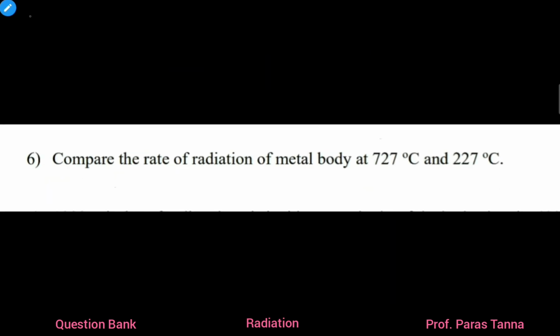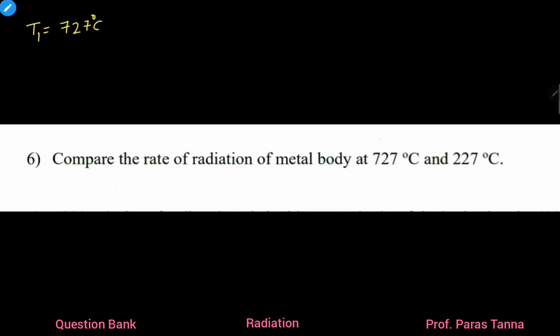Chapter Radiation. Short answer 1. Question number 6. Compare the rate of radiation of a metal body at 727 degrees Celsius and 227 degrees Celsius. Temperature for the first case of the body, let's say T1, is given as